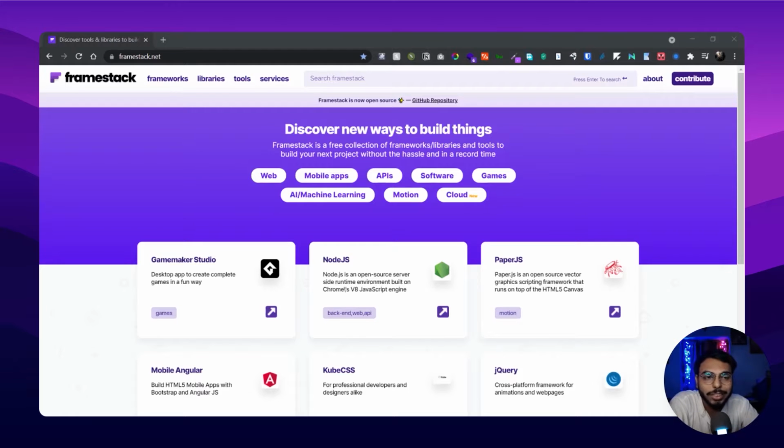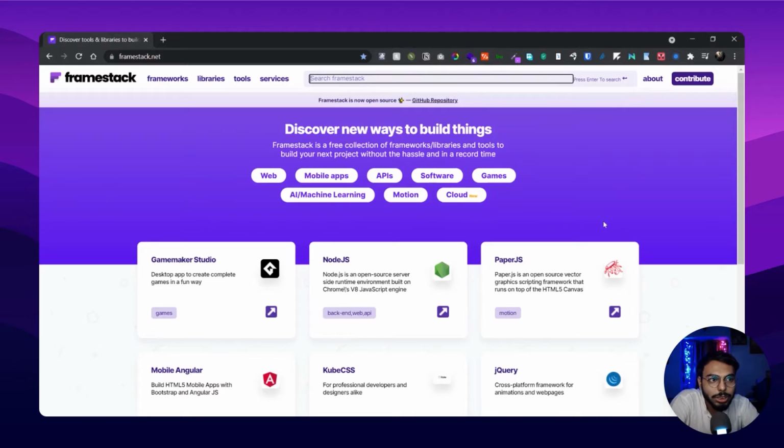Basically, what they are doing is stacking all of the frameworks, maybe web development frameworks, front end frameworks, back end frameworks, CSS frameworks, mobile, API, anything. They made a database of all of those frameworks, and you can search for frameworks here, view them, and choose them.